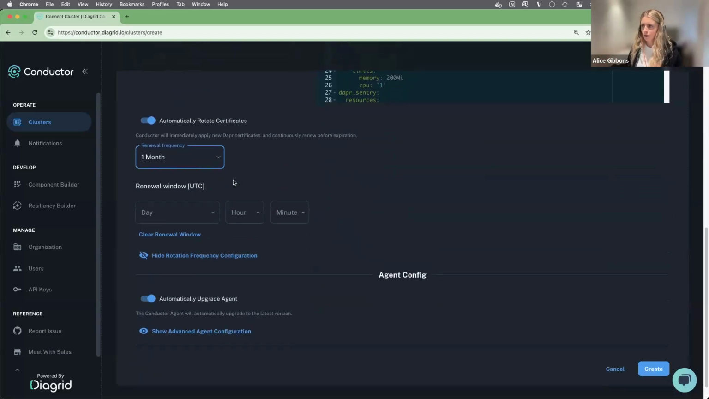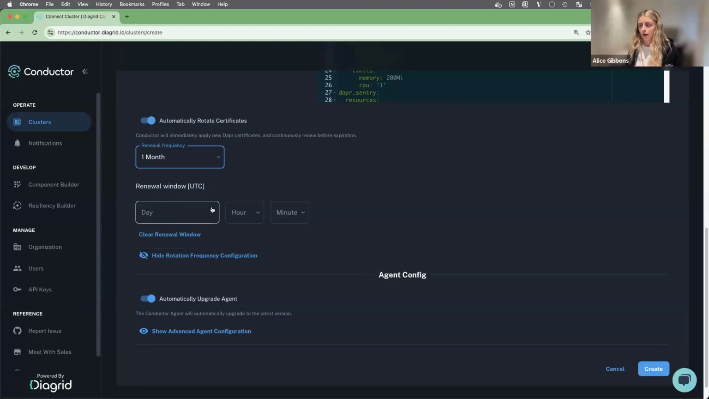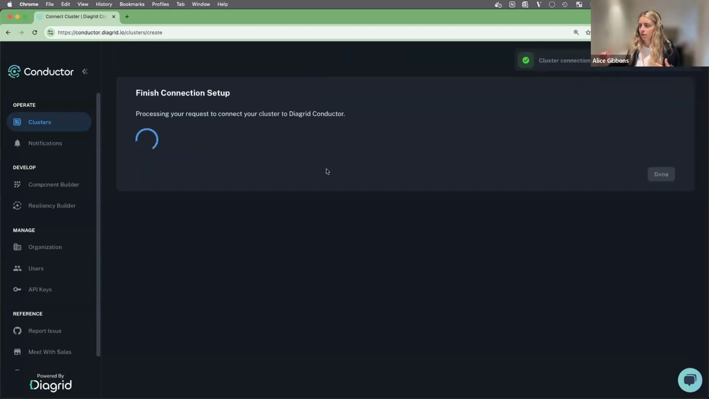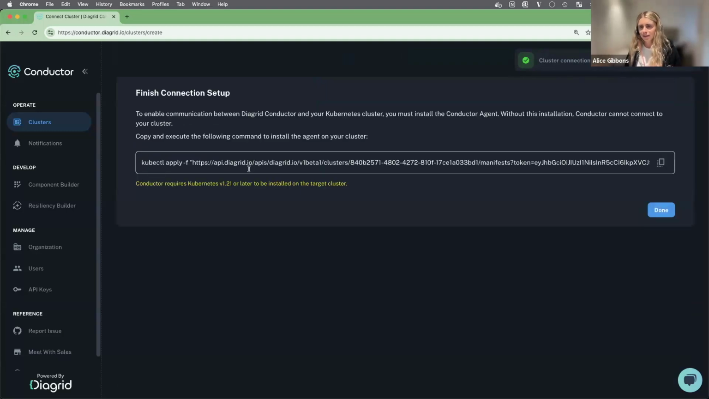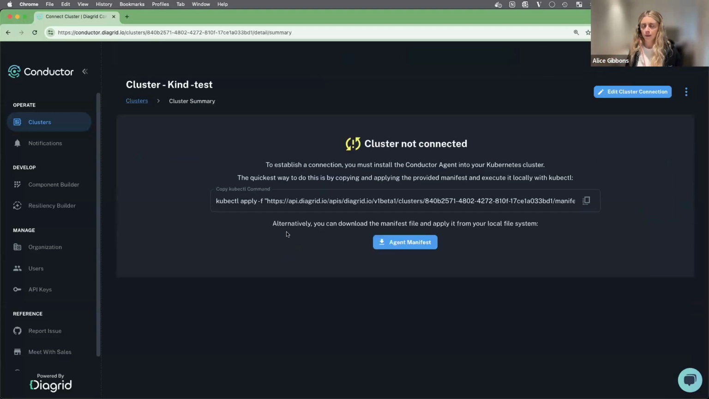And so with Conductor, we replace those with Diagrid signed certs and then renew those at a 1 month renewal frequency or whatever you want, really. And then a best effort renewal window as well. And so, just to give you an idea of how that looks, this will produce a kubectl apply command. If I was going to run this command on my cluster, I can essentially copy this and apply it into my cluster and then see this go